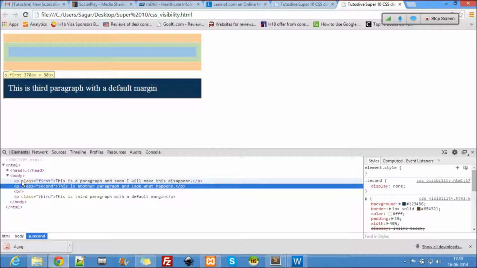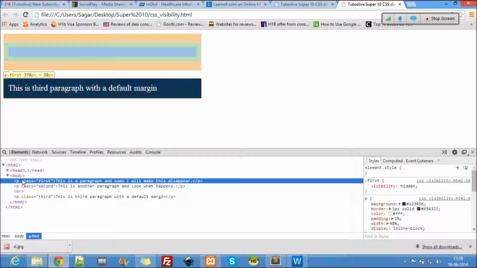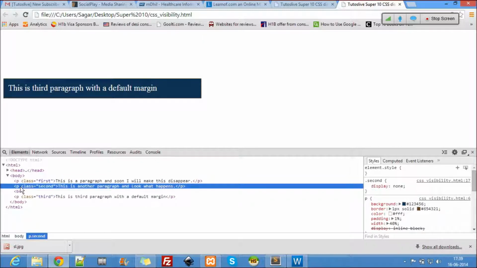So you see the scope is there. When you inspect element, the scope is still there, only the content is hidden. Whereas coming to the second, the scope is not there. I can't really find out where this is placed. It's none. The display is none. Do not show anything, even the scope too.